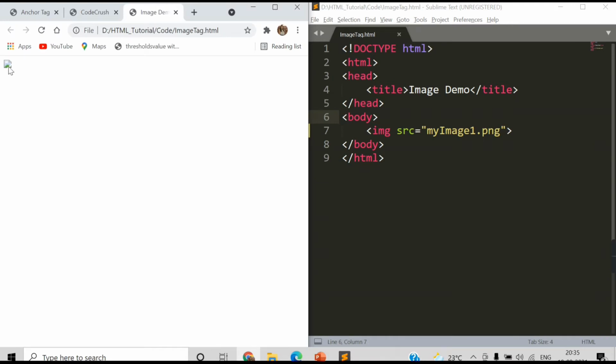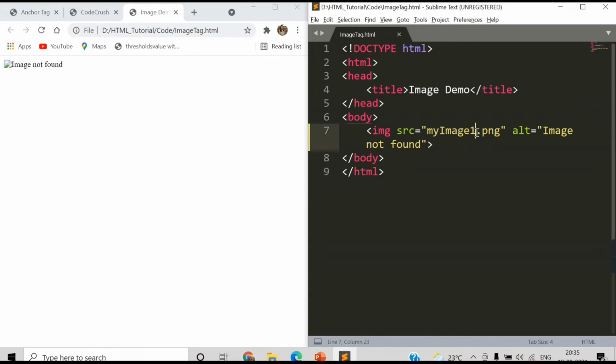But if you want to print some message here, so the user will be able to understand you missed something or done something wrong, in that case you can use the ALT tag. Let's say ALT image not found. So here you can provide the message image not found. You can provide any message whatever you want here. Let's save this, refresh. See, image is not found here.